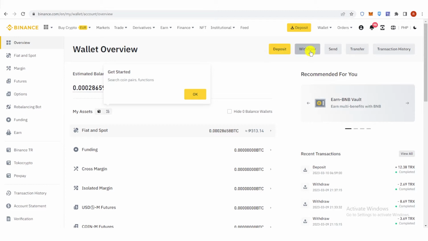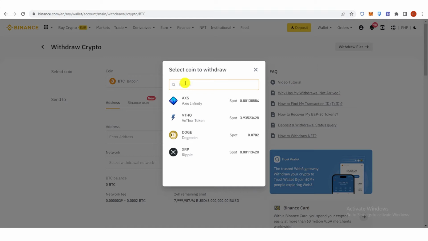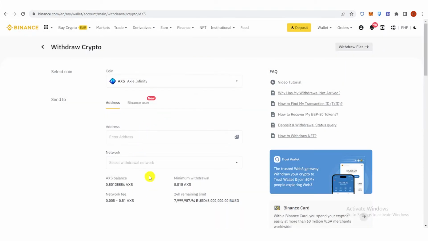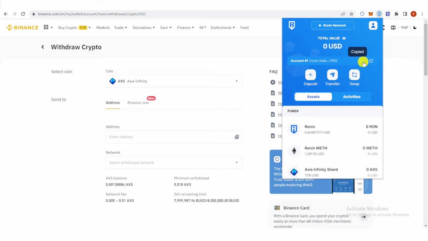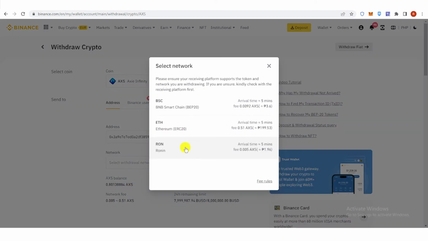And then click withdraw. Then click here, click Axie Infinity. And then go to your Ronin wallet, copy the address, then paste it here. So you are going to need to change this into 0x and then choose Ronin because we are using Ronin wallet and Ronin network. Click here,